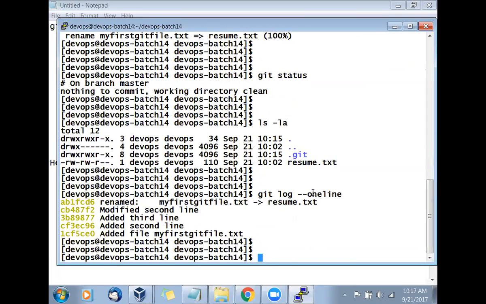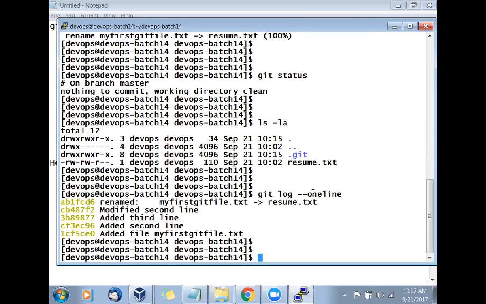Okay. Now in real time, we have played around with only one file. But in real time, you are going to work with a set of files. That means you are working at a time with 5, 10, 20, 100, 500 files. But the command will remain the same. You have to work with multiple files. So you'll say git add all the multiple files.